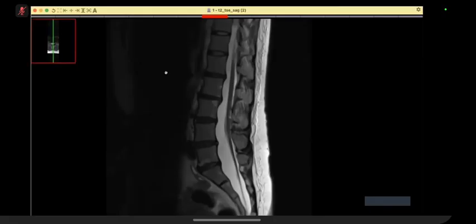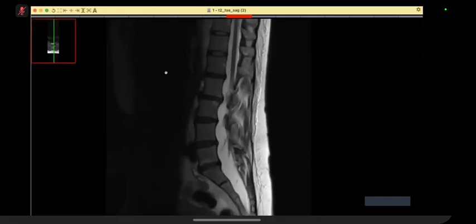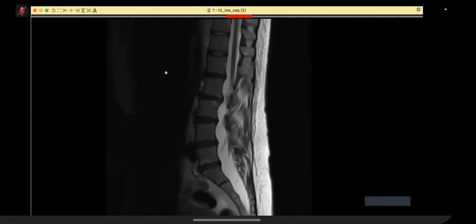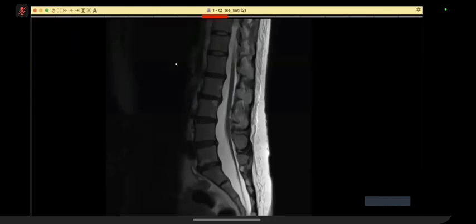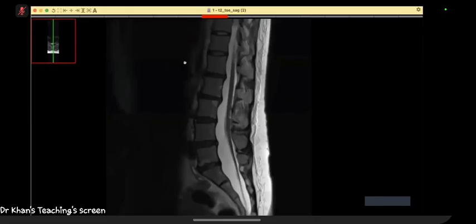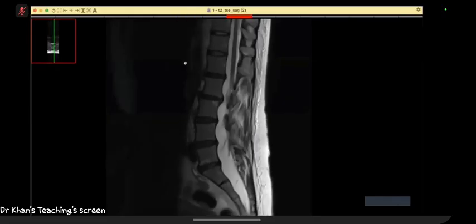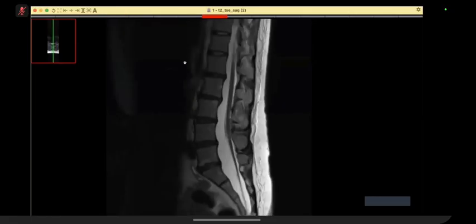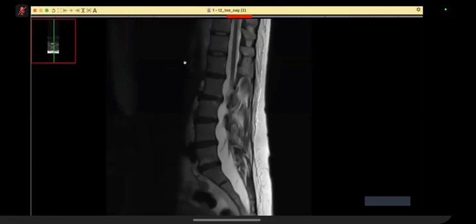There are some kind of Modic changes of the upper part of the visualized vertebral bodies. There is no obvious mass within the thecal sac or anterior or posterior to the vertebral bodies. No epidural collection seen. There is normal alignment of the vertebral bodies. So I'll be thinking of